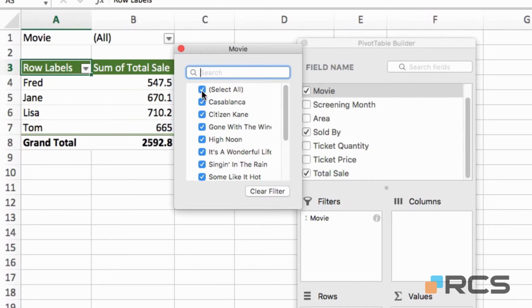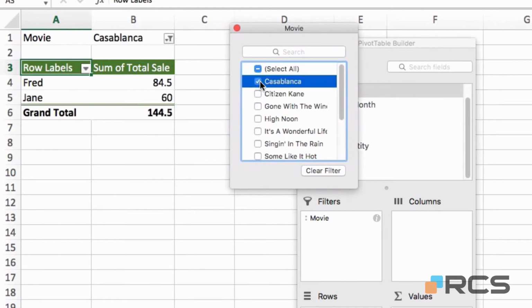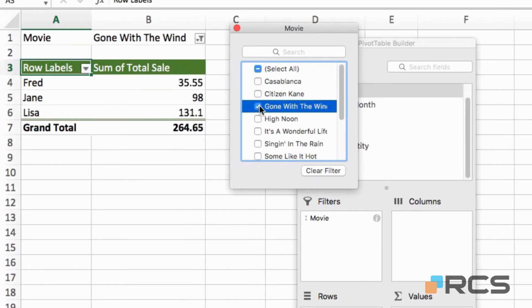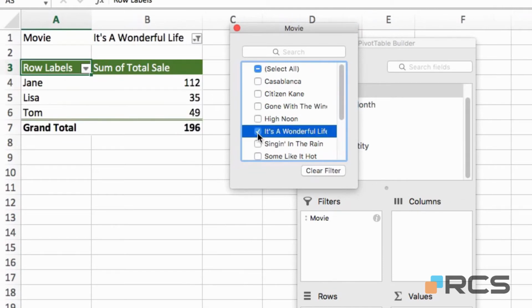Now first of all I'll take the Select All checkbox away and let's just look at the detail for Casablanca. So you'll see as I select the movie, the sale updates. So I can see there for Casablanca the sale total. If I remove the check from that, I can come and look at Gone with the Wind, remove the check from that, and look at It's a Wonderful Life. So here you have very precise control over which information you're going to look at and what level of detail you want to see. And when you finish your individual movie sales analysis, you could click Clear Filter to see the grand total again,